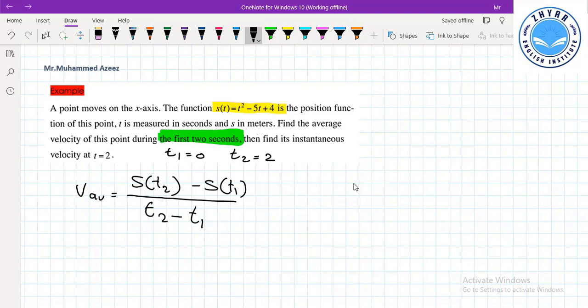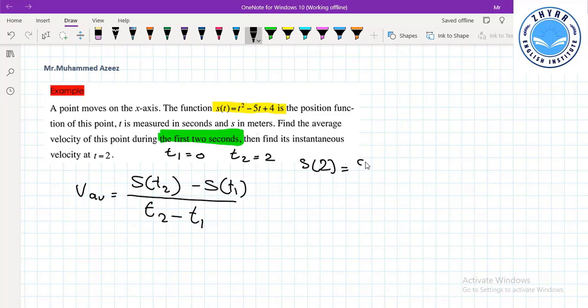The first 3 seconds, t1 is 0, t2 is 3. There is a auxiliary question that says the first 4 seconds, so t1 is 0, t2 is 4. In this case, for this example, first 2 seconds, t1 is 0, t2 is 2. s of t2 means I have to find s of 2. Put 2 in place of t here. s of 2